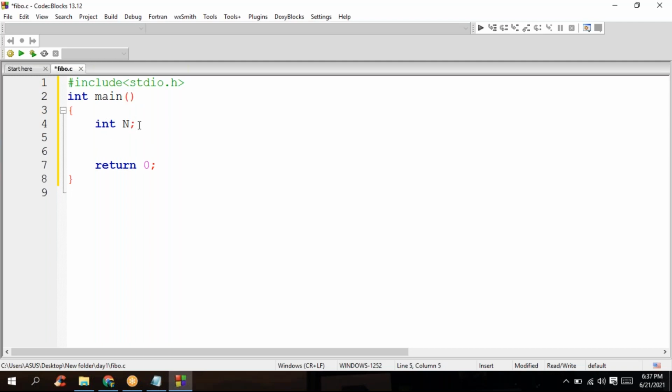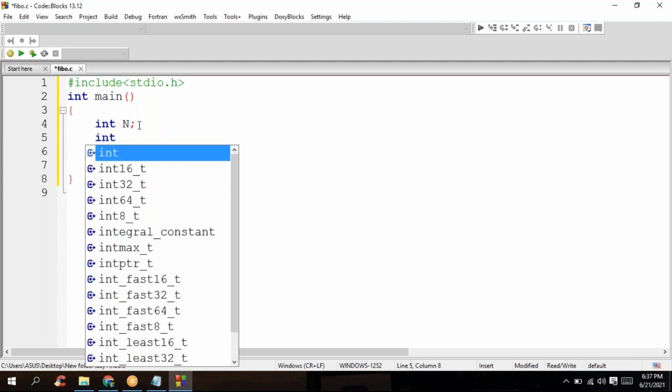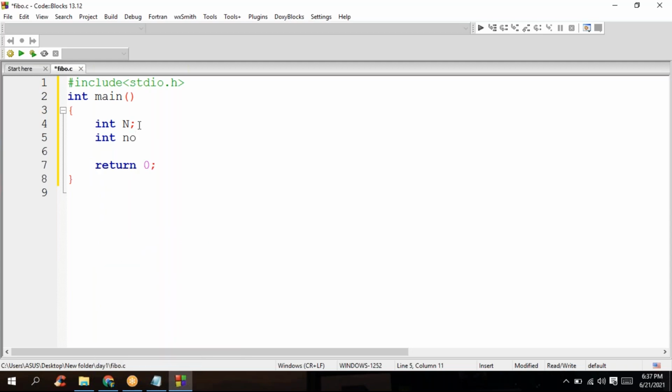Okay, this is declared. And I know that we are going to start our iteration. So the series is going to be like 0, 1. The first two numbers have to be initialized. So here, I'll initialize number 1 for my number generation. Let me mention number 1 as -1. And I'm going to declare two numbers, number 1 and number 2, and initialize -1 and 1 for my generation. This is for generation of the series. I'm going to make use of it.